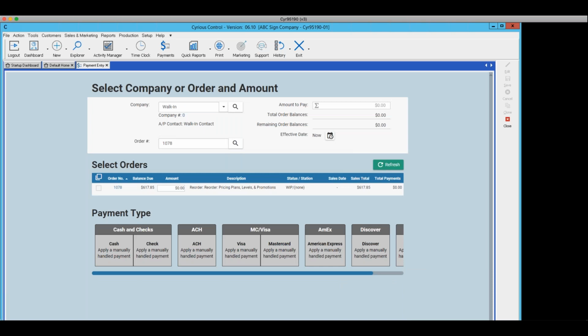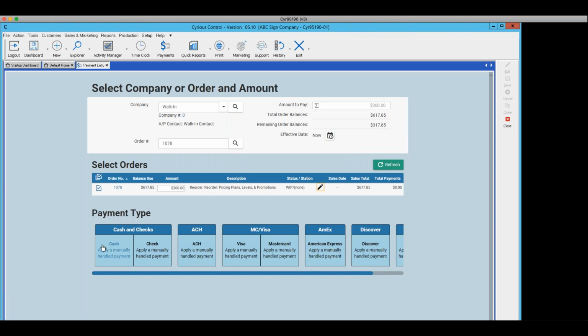So you can choose the company and look at all of the ones that are open, or you can say, I want to look at this specific order, and then it's going to tell you who the company is, and it's going to open that specific order. And if I'm going to pay that specific order in its entirety, I would just put the check mark there, and it's assuming that the entire amount is going to be paid. If it was not going to be the entire amount, I could put in the value that is being paid,